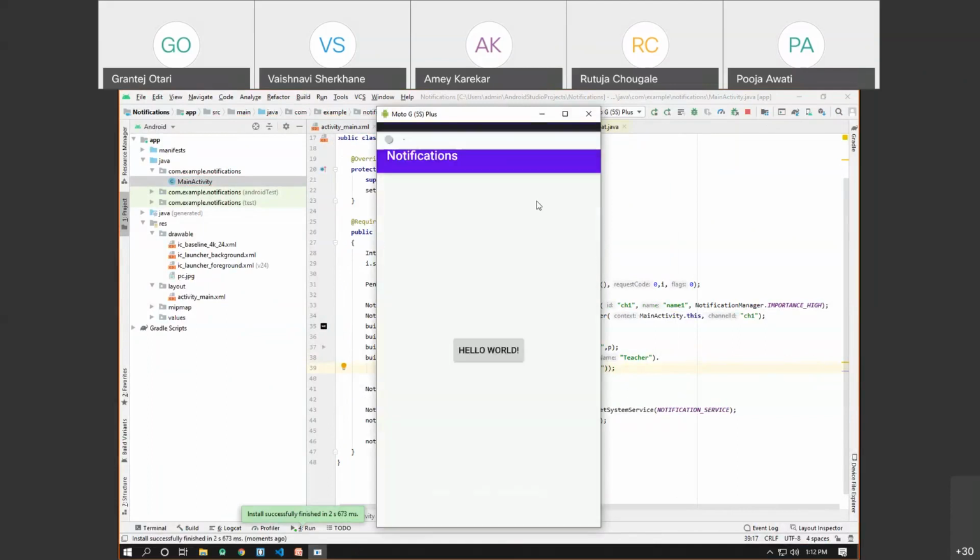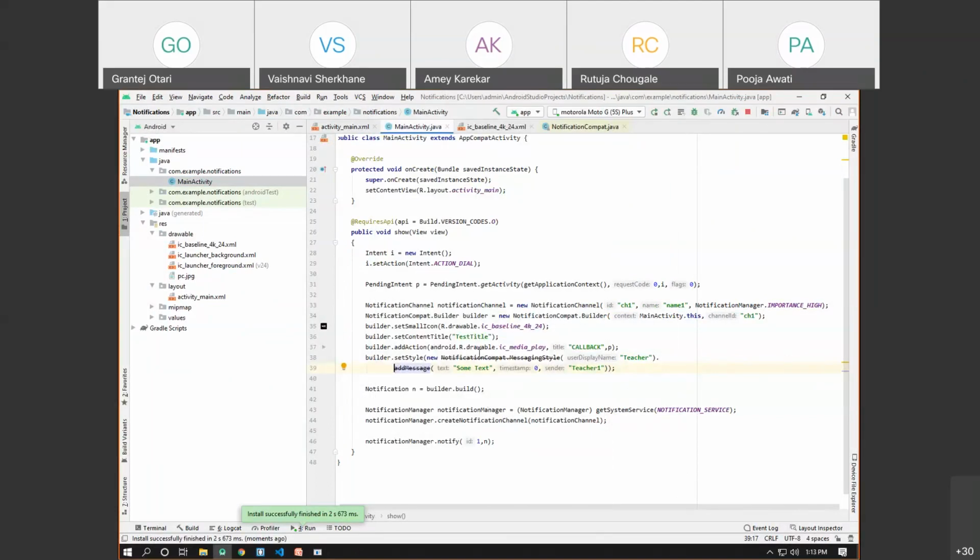But the thing is, generally the message style is the normal style, or the default style that's available for notifications. As you can see, when I use that, it's showing some dashed lines here.